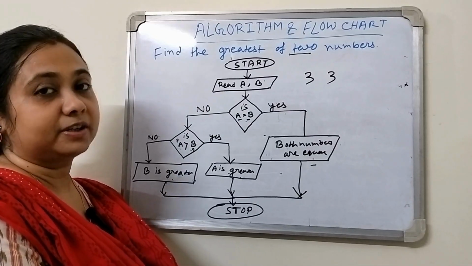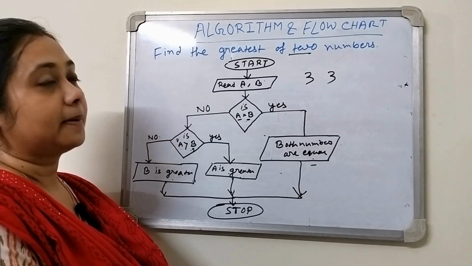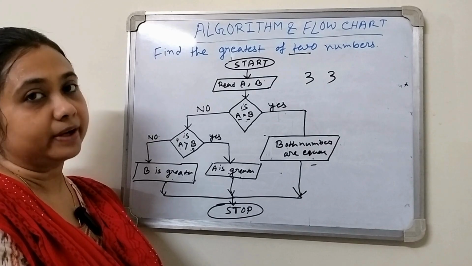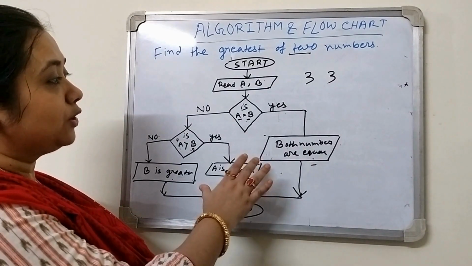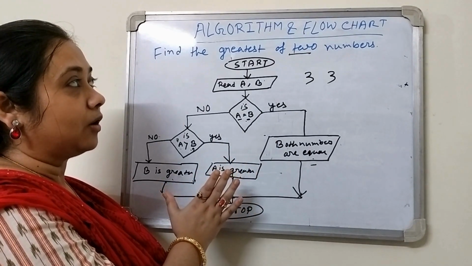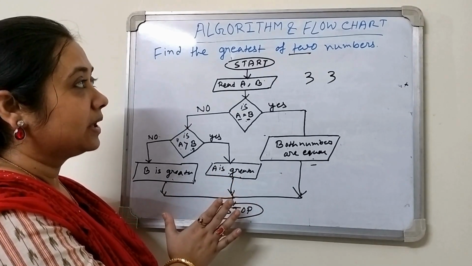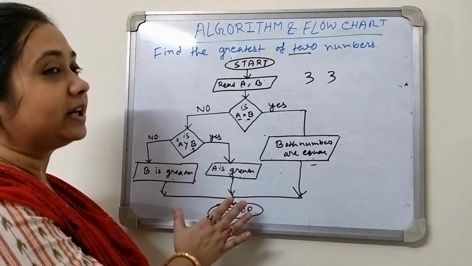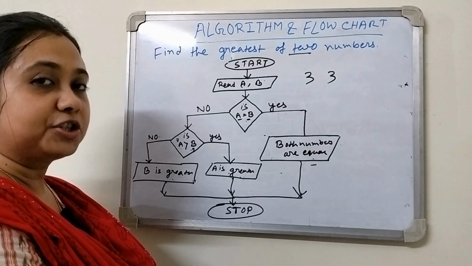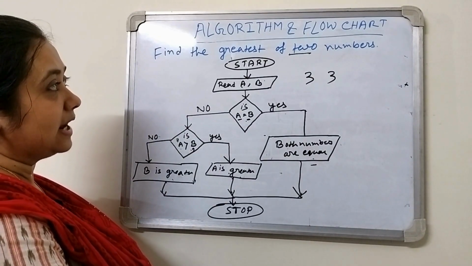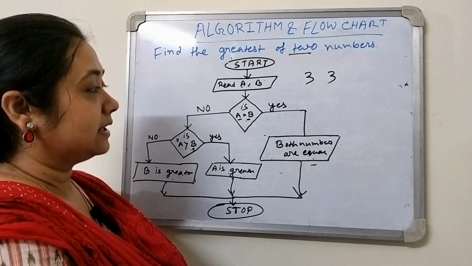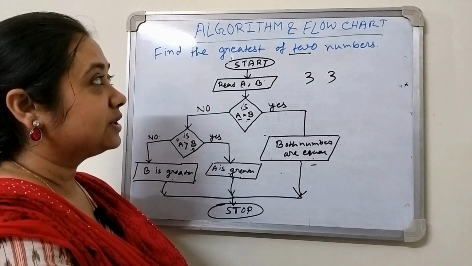What are the advantages of the flow chart? The advantage is that by graphical representation we can understand a program very easily. Next, if we know what symbols are used in which steps, then we can understand the program easily. Next, it is easy to document, because anybody can document any program easily using the flow chart. And if an error occurs, it is easy to identify the error. So these are the advantages of the flow chart.